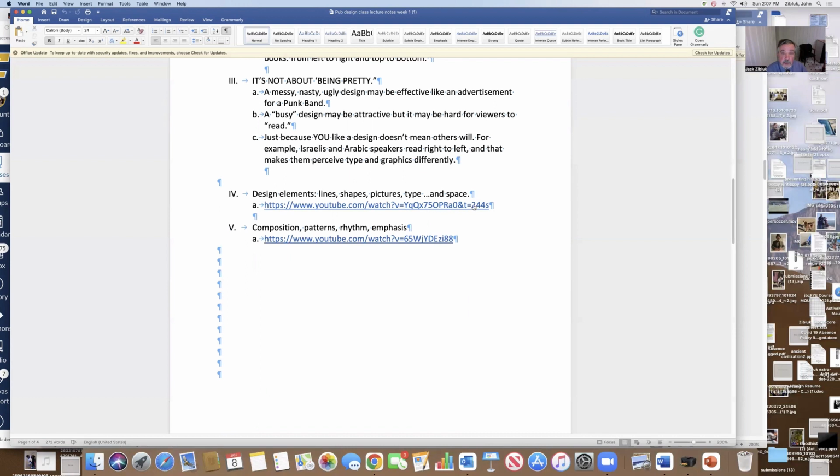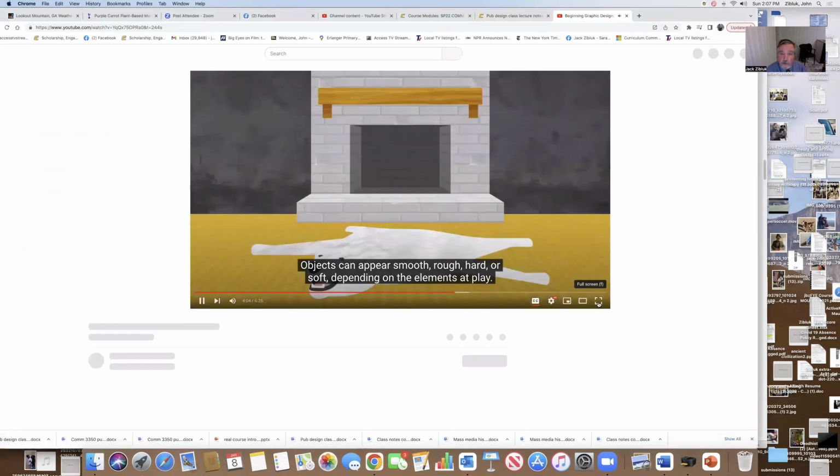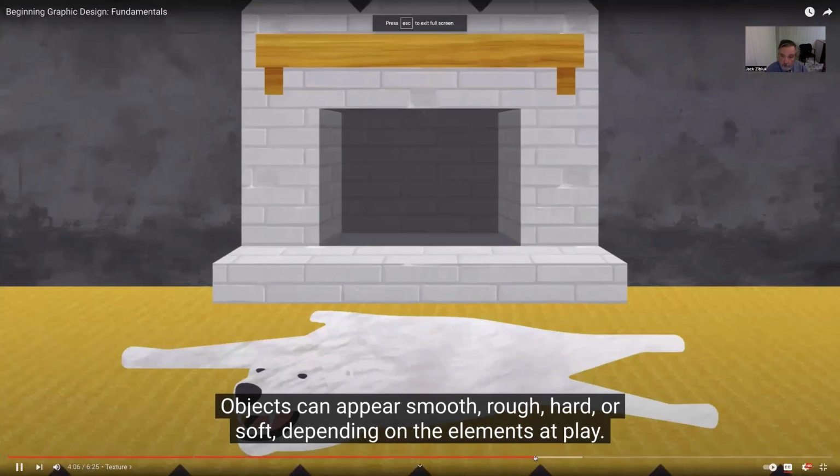Here are some basic design elements. Depending on the elements at play. For beginners,